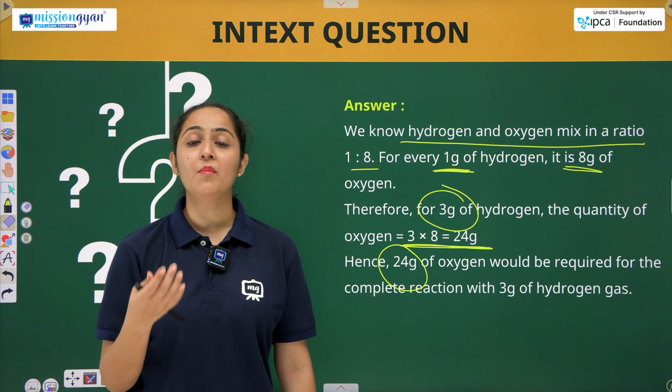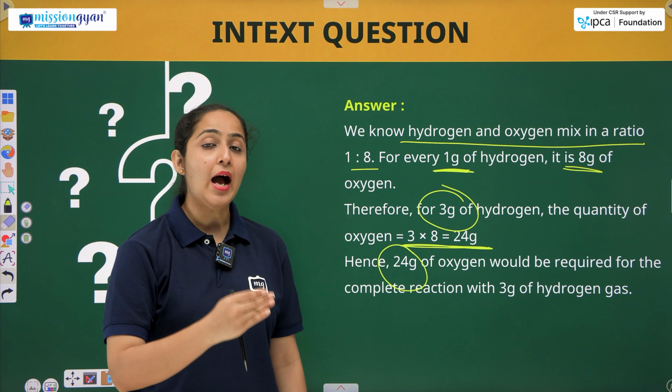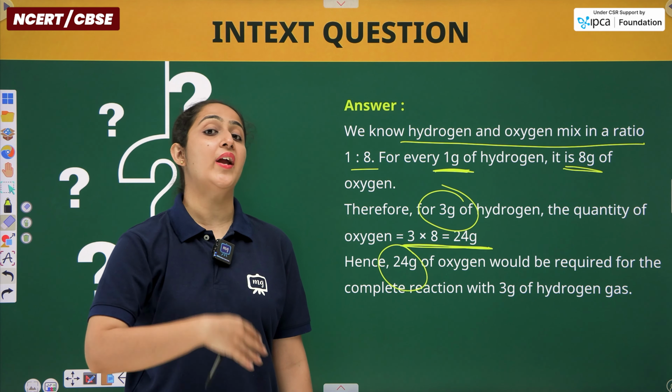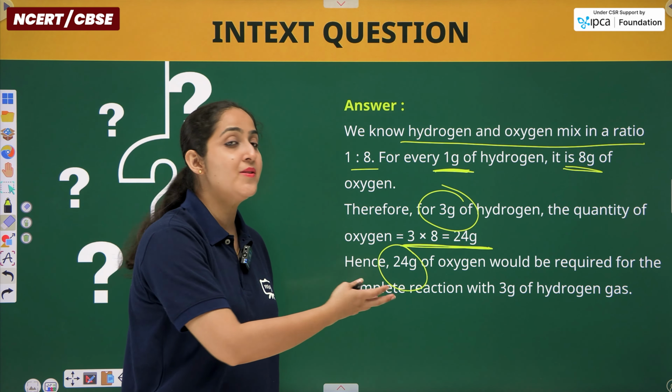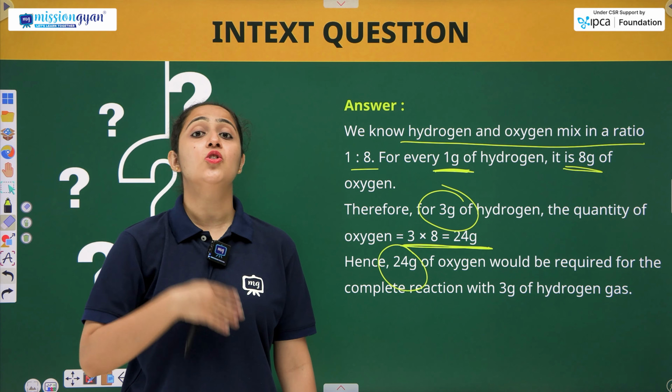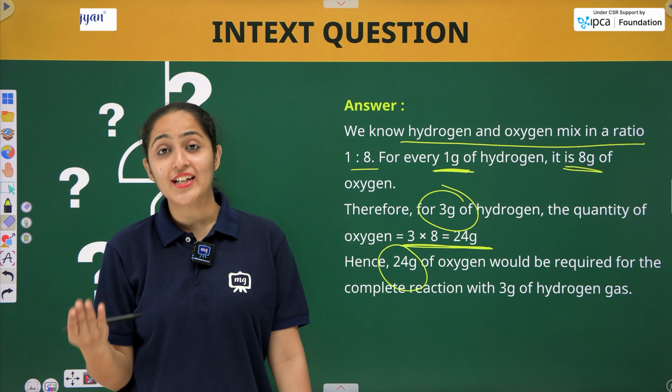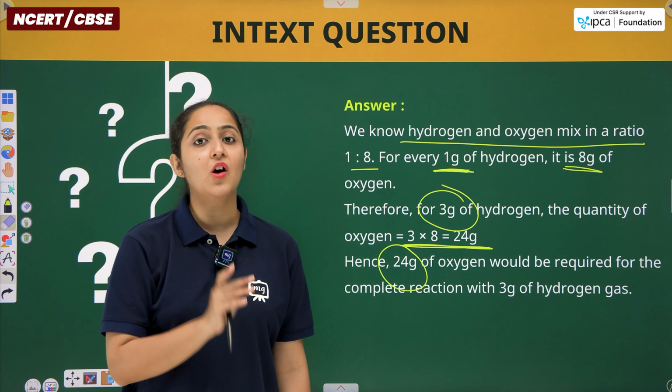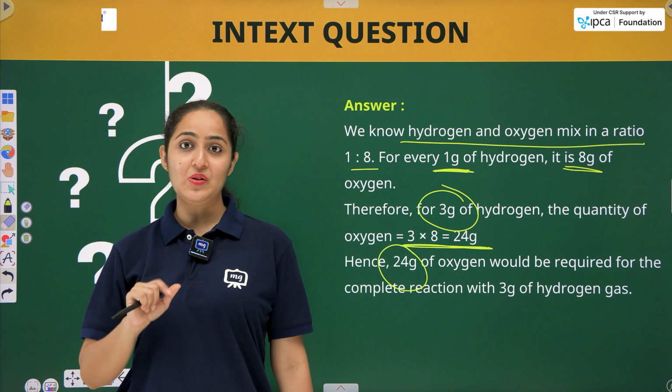Now whatever amount of hydrogen is given to you, आपको अगर ऑक्सीजन का अमाउंट निकालना है तो वो 8 टाइम्स होगा. ठीक है, अगर मैं आपसे कहूं कि 10 ग्राम्स हाइड्रोजन है तो ऑक्सीजन कितने ग्राम लेना पड़ेगा? 80 ग्राम्स. इज दैट क्लियर? सो दिस इज हाउ यू नीड टू आंसर. लेट्स मूव ऑन नाउ स्टूडेंट्स.